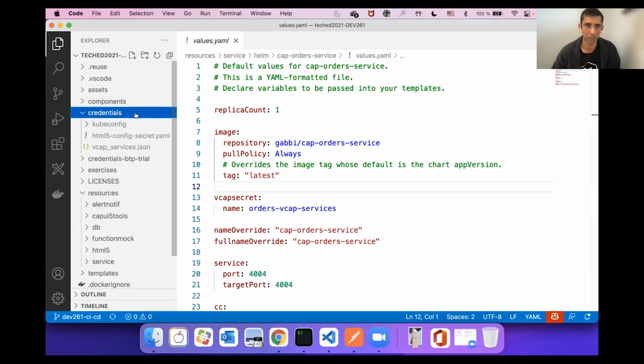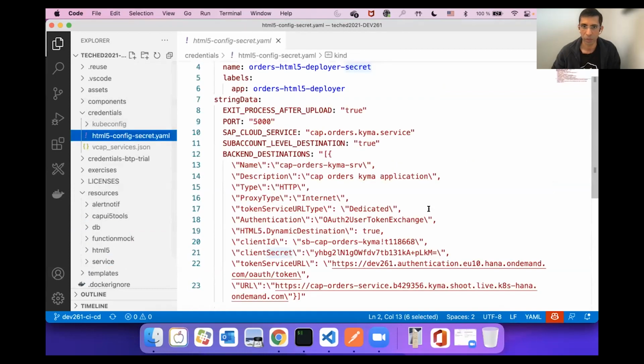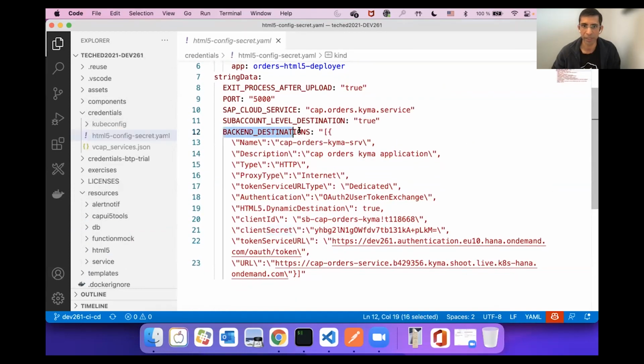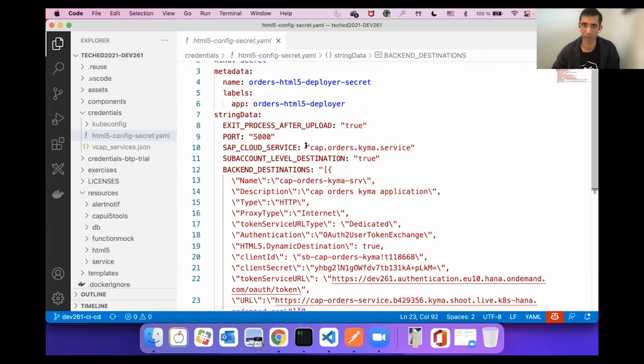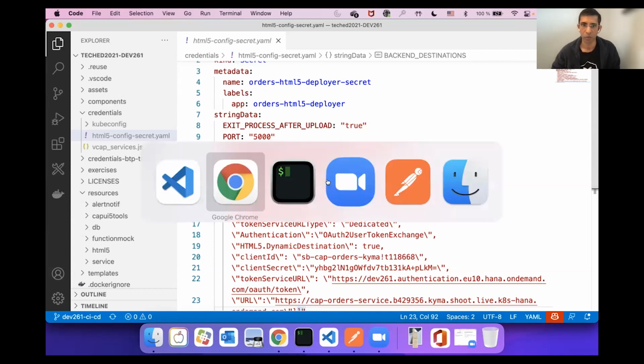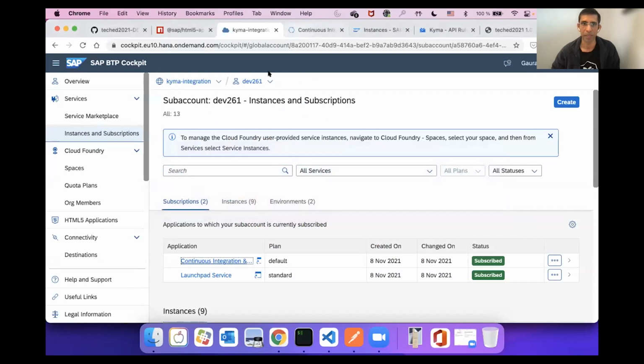I need to go to the credentials, the secret. If you look at this, here we created the backend destinations, and there is one destination called CAP orders Kyma SRV. This will be created in the BTP cockpit. The URL for this destination is the CAP order service that is running on the Kyma cluster. My HTML5 application has been configured to refer to this destination when it needs to access the orders data. So now, if I go to my BTP cockpit